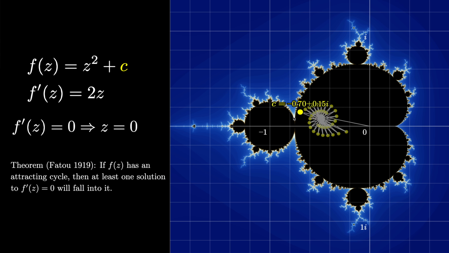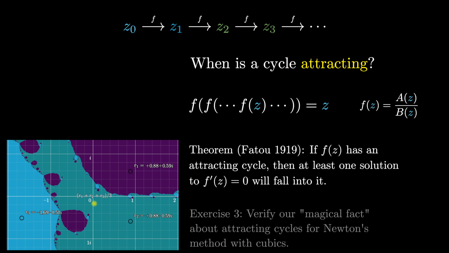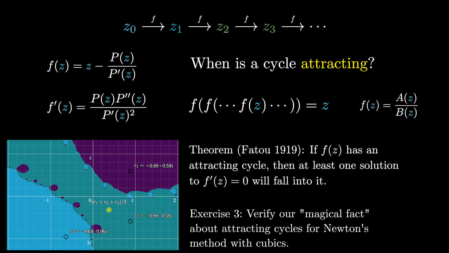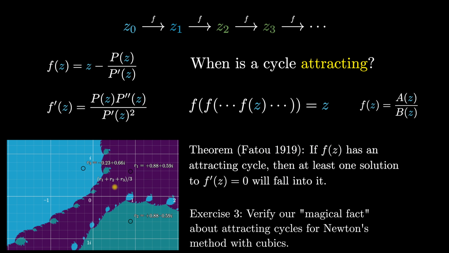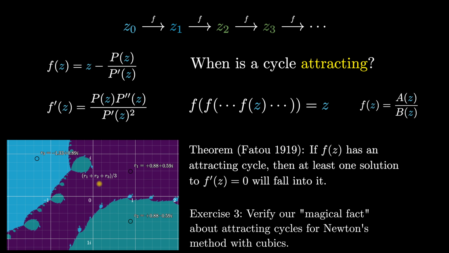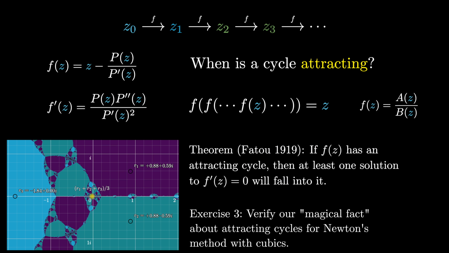I feel like maybe I'm assigning a little too much homework and exercises today, but if you're into that, yet another pleasing one would be to look back at the derivative expression that we found with our function that arises from Newton's method, and use this wonderful theorem of Fatou's to show our magical fact about cubic polynomials, that it suffices to just check this midpoint of the roots. Honestly though, all of those are details that you don't really have to worry about.